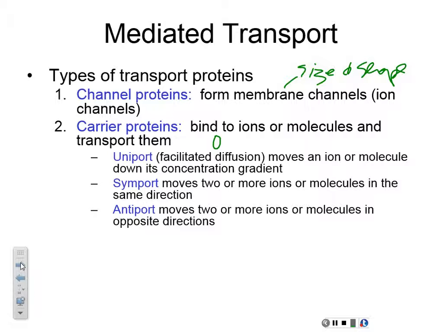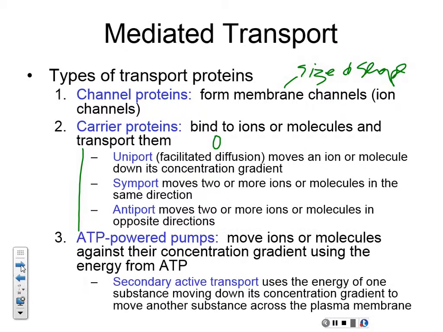All right, and then an antiport will do, anti means against, so it will move one molecule in and another molecule out. All right, and all those are forms of mediated transport, right? So just know those, and then of course anything that uses active transport, because it's got a protein that's helping with the movement. An active pump will move